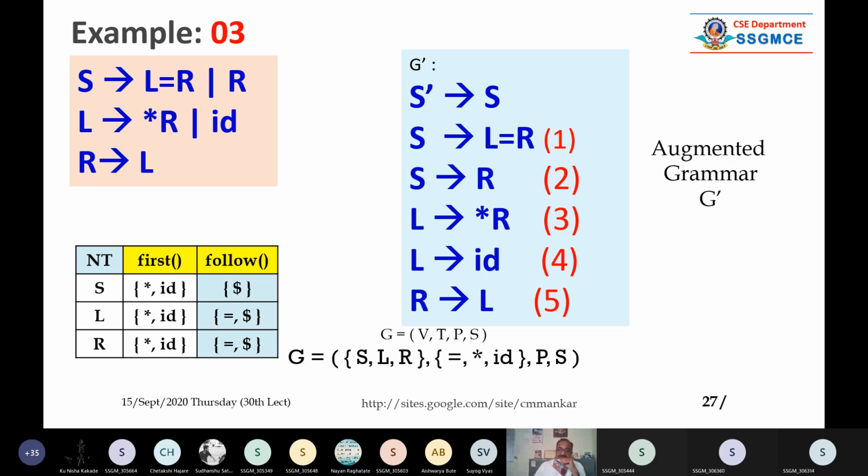Now, it is a straight grammar, so you can easily compute the first and follow sets. For example, follow of L. Now you see the first rule, L equal to R. So you can easily get it, it is a follow of L, following L. Anyway,